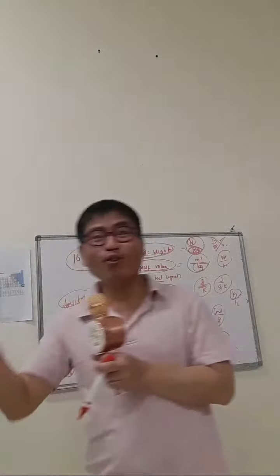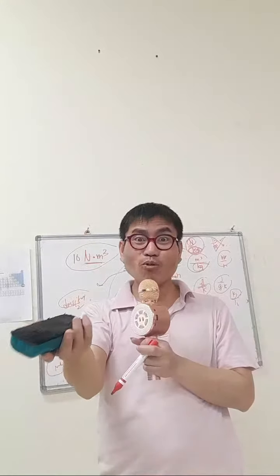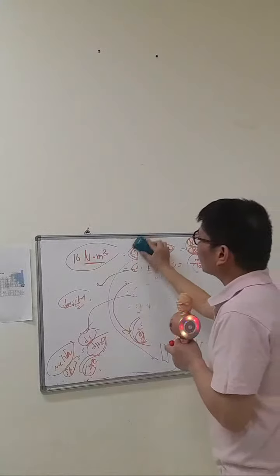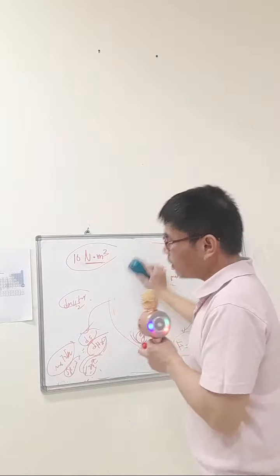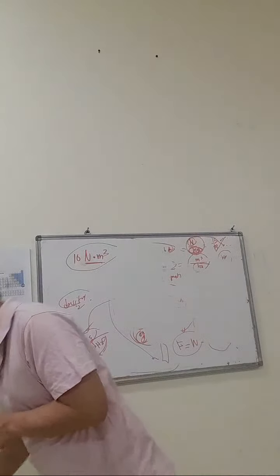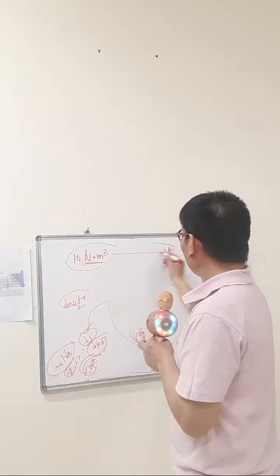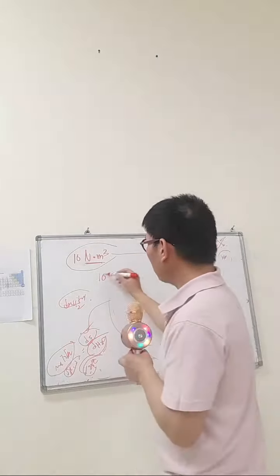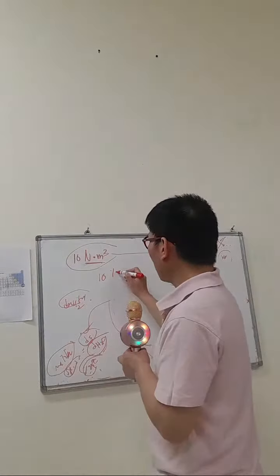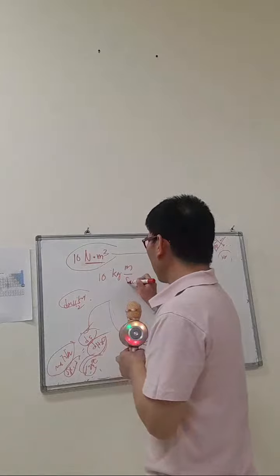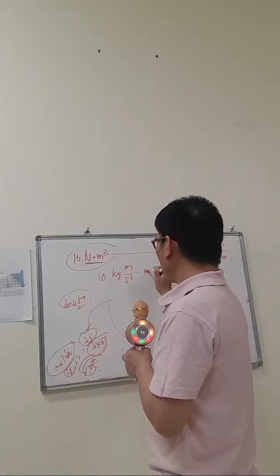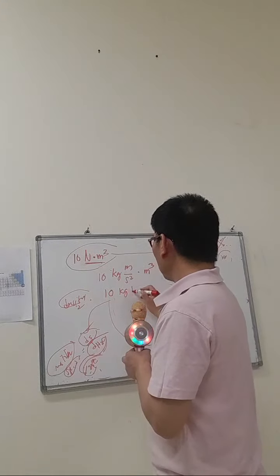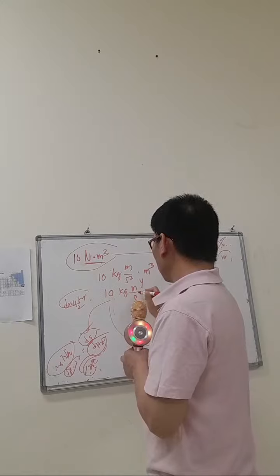Because the Newton is kilogram meter per second squared, your denominator will also be kilogram, right? Okay, so the specific weight is Newton per kilogram. Now, if we are given 10 Newton per cubic meter as the specific weight, then we need to convert this to become Newton per kilogram. So, 10 Newton. We said Newton is kilogram meter per second squared, right? Times per cubic meter, so 10 will be kilogram, meter to the 4, second squared.